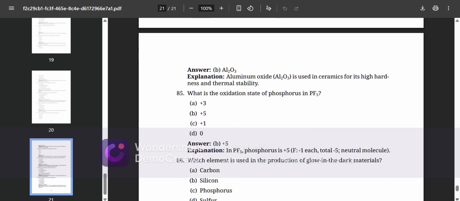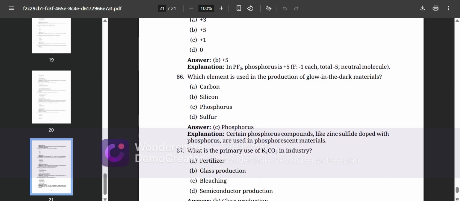What is the oxidation state of phosphorus in PF5? Plus 5. In PF5, phosphorus is plus 5, fluorine minus 1, total minus 5, neutral molecule. Which element is used in the production of glow in the dark material? Phosphorus. Certain phosphorus compounds like zinc sulfide doped with phosphorus are used in